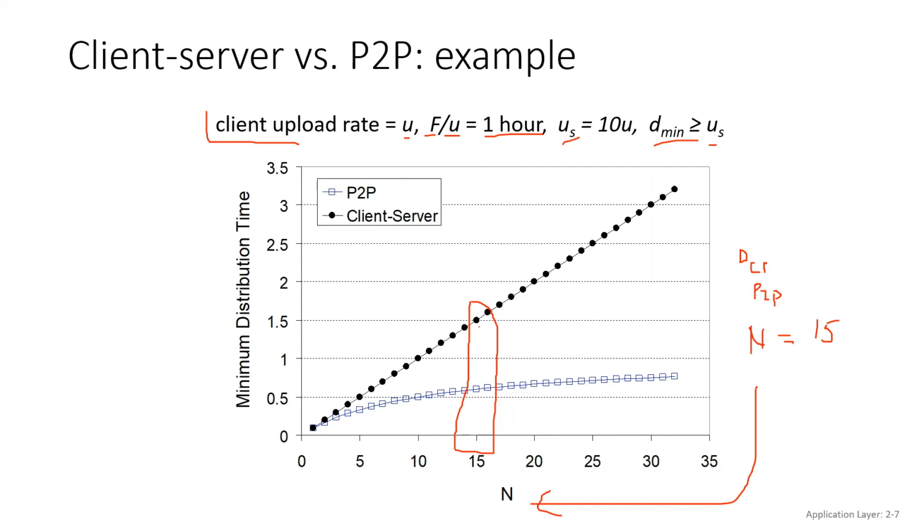What's the minimum distribution time for both of them when n equals 15,